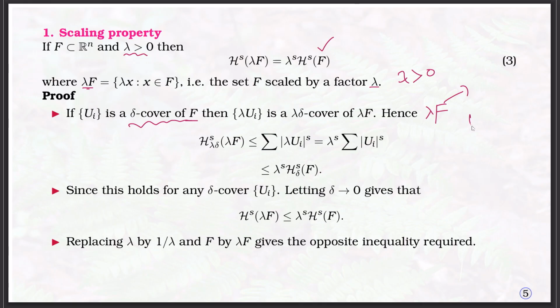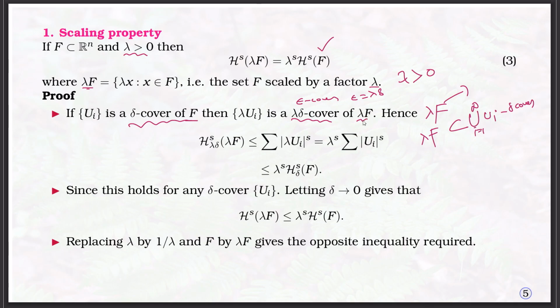This f has one cover, that is ui. That means the union of ui contains the set f. If you are multiplying this with lambda, this is the delta cover, then each delta is multiplied with lambda, giving a lambda times delta cover of lambda f. This becomes, maybe you can call it, the epsilon cover, where epsilon equals delta times lambda, of the set